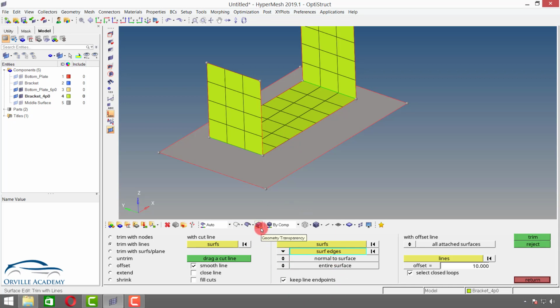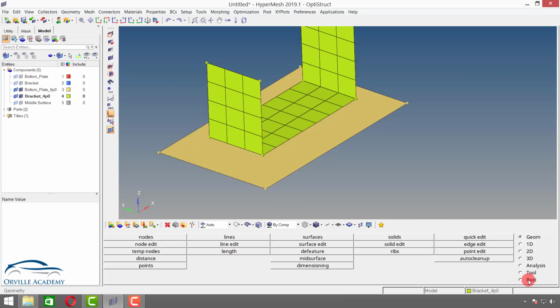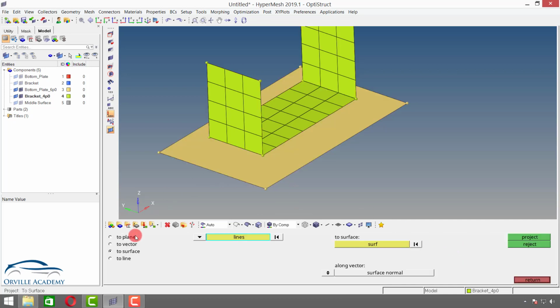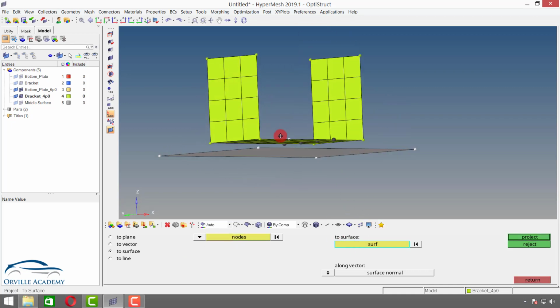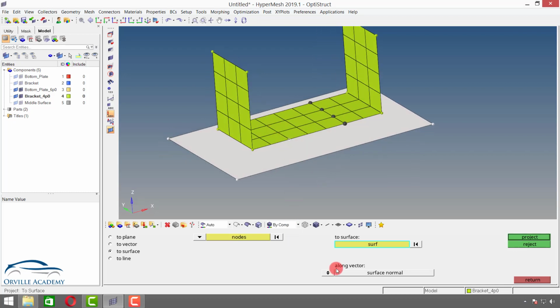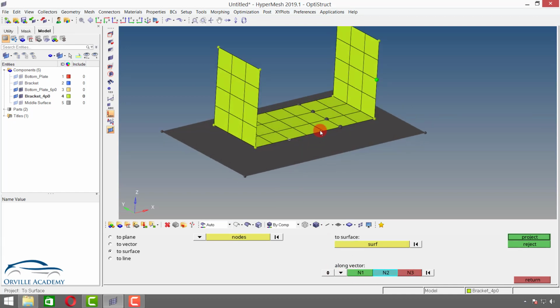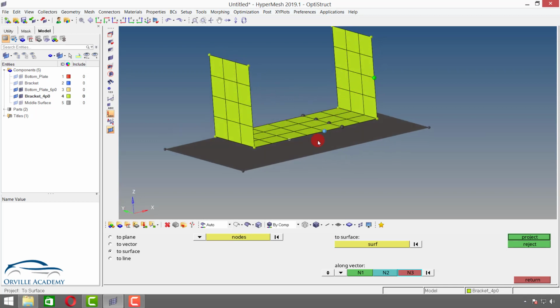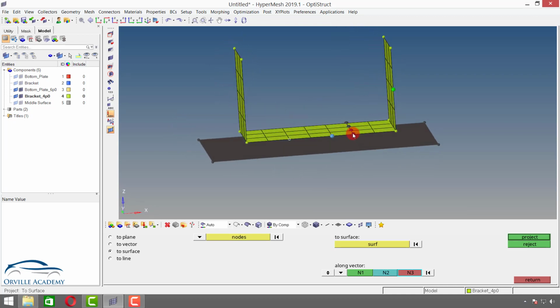Now the next thing that I want to show you in the project command is projection of nodes. So if I go for shift F7, here instead of lines I can shift it to the nodes. Let me select any number of nodes. Let's select 4 nodes. To which surface I want to project, let's say this one, but here I will give a different direction. So instead of along vector, let me switch to n1, n2, n3, and let me select n1 as this one and n2 as this one. So this is the vector along which this node will be projected on this surface. So if you look, it will get somewhere like here, and say project.